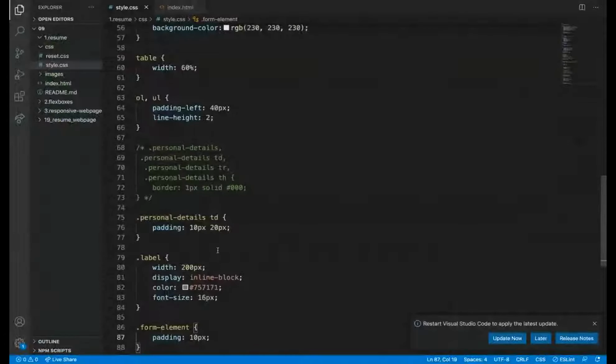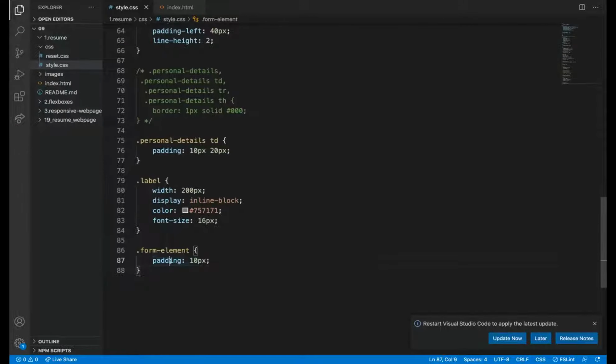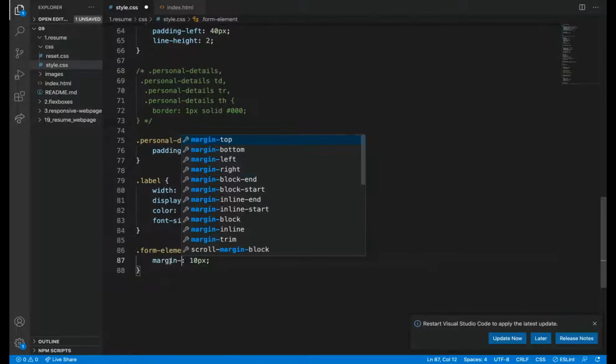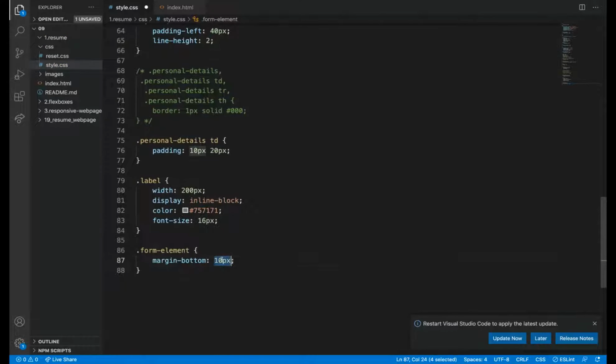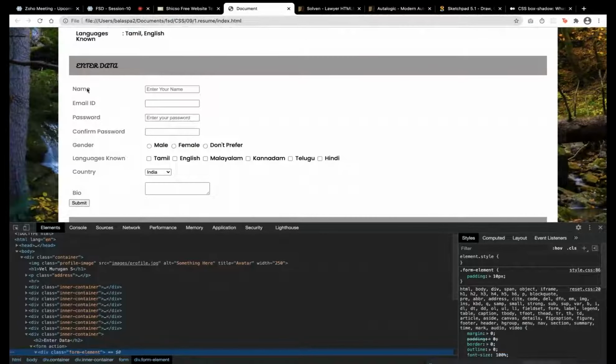We can say margin also, or we can say margin bottom alone. Mostly we will give margin bottom, because it is a separation between two sections or divisions.